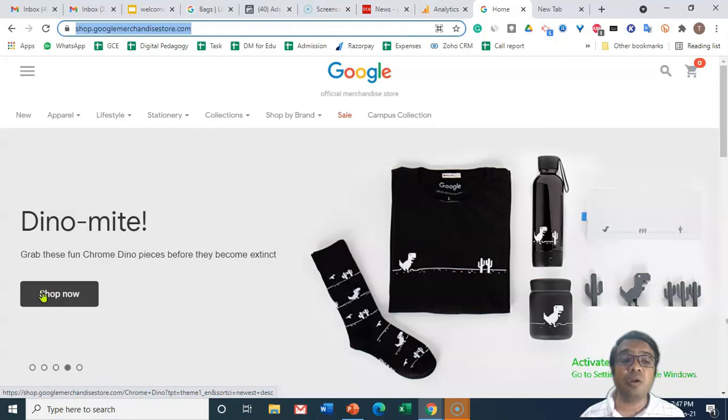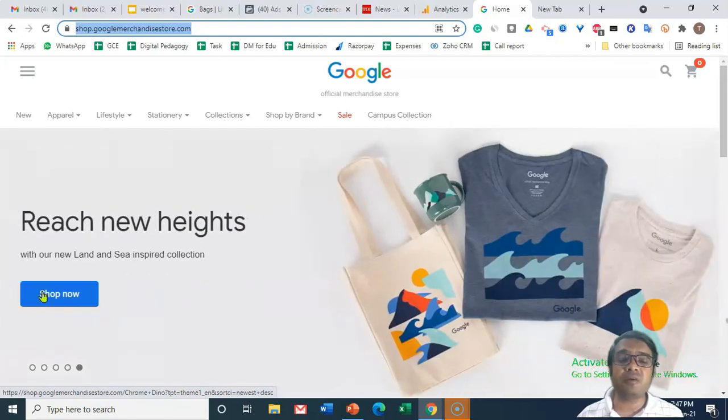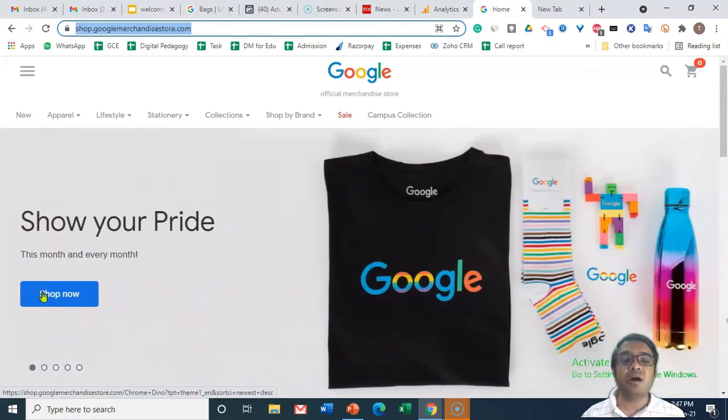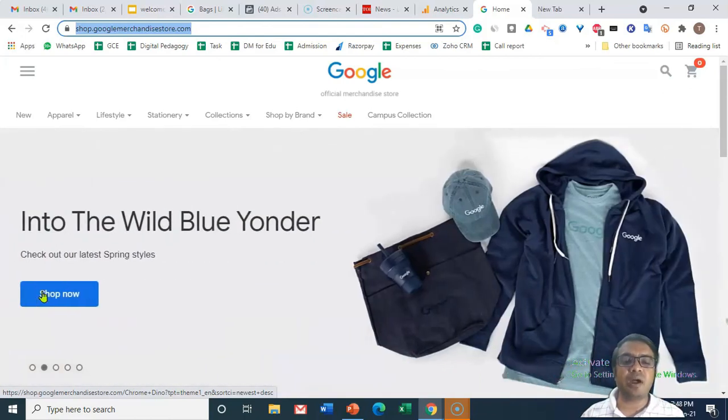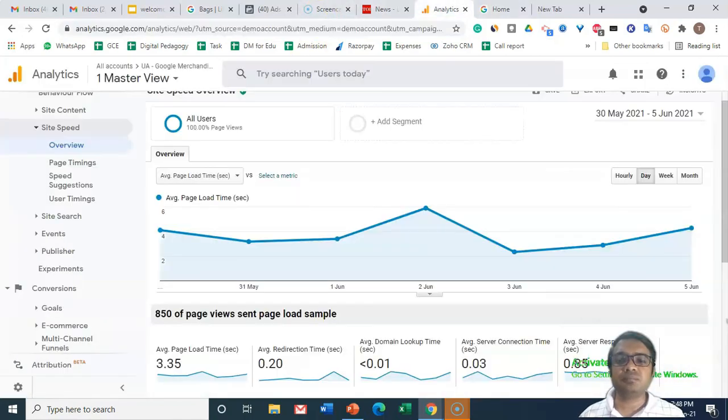For example, if you're running an education website, your goal can be how many people are filling up the form on your website. So in conversion we will get to know how many people are filling up the form and from which kinds of sources they are coming, so that we can target those sources more.